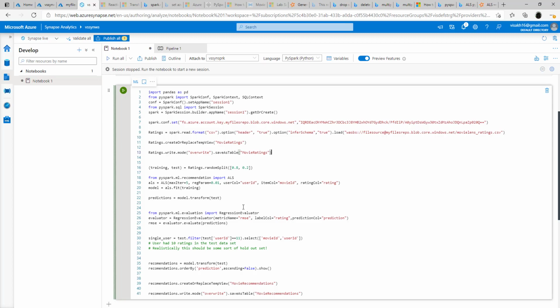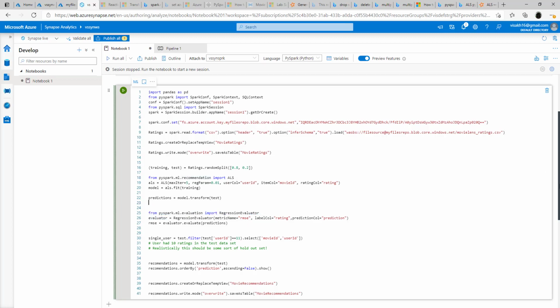All these are standard PySpark functions. Here we are not much interested in this logic, but rather we are looking at it from a high level perspective on how we can implement a similar recommendation logic inside an Azure Synapse instance using Spark. So we saw how to generate the estimated ratings using the ALS function, and then we saw how we evaluated it using root mean square error. And once we have done both of this, we will then be generating the predictions. So you can evaluate the predictions using this. Once we evaluate it, we can see how accurate our prediction is.